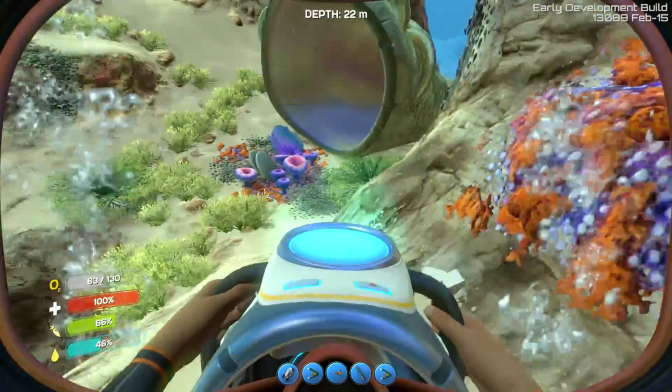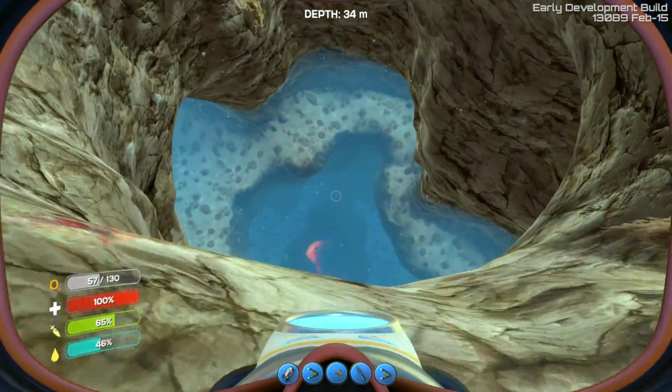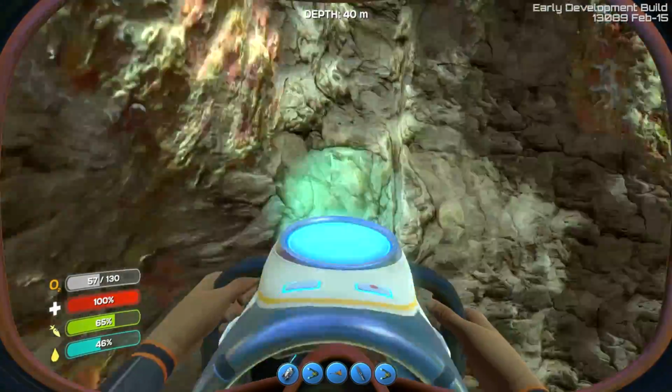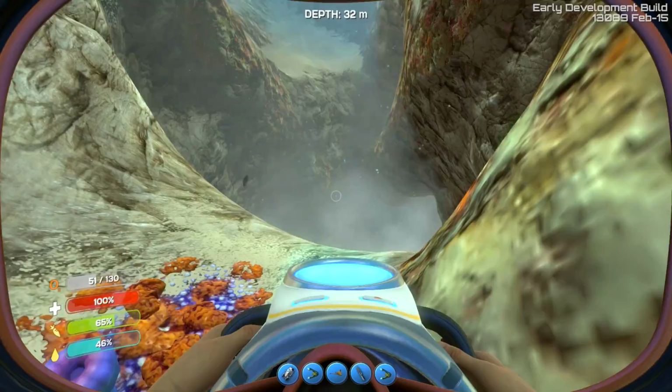Oxygen, 50%. I know, my oxygen's at 50%. We'll be alright. What's down in this cave right here? Probably those exploding fish. Oh, what the hell is that? Oh, it's a sea vent. Shit. Yeah, that could be quite fatal in real life. That could be...